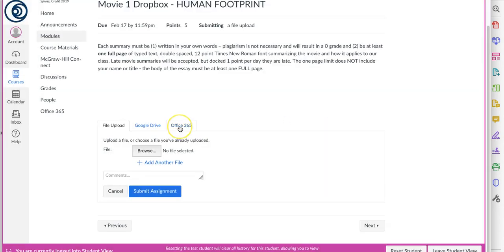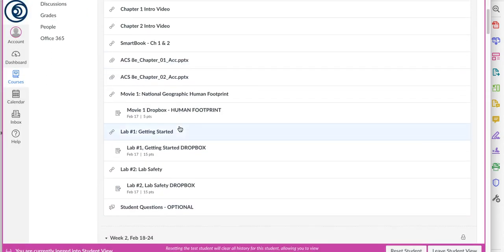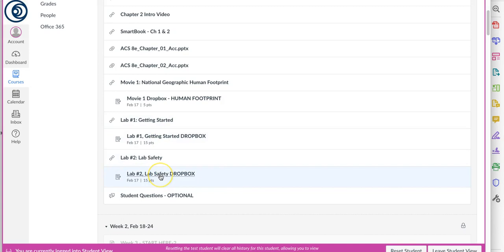All right, let's leave this, go back to week 1. You've got 2 labs this first week, and one is just a kind of a getting started with the hands-on learning system, and then a Dropbox for that. And then the second lab is a lab safety, which again is pretty basic. You're going to be working in your house. Most students work in their kitchen, and 2 drop boxes. And so again, if you watch my lab video, you'll understand what's going on with this.